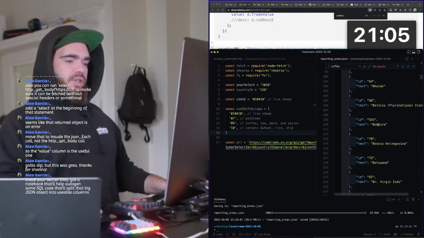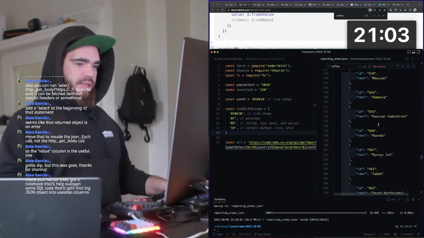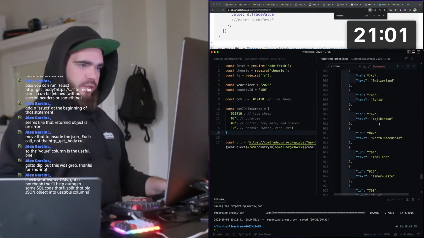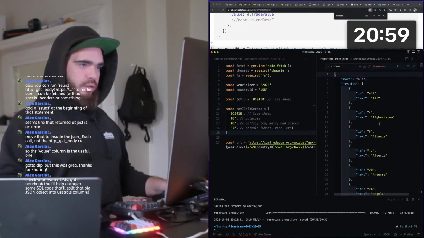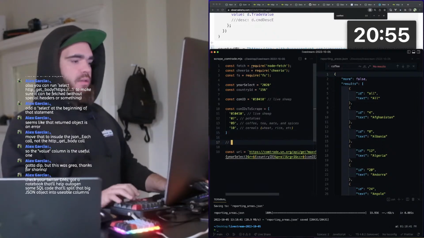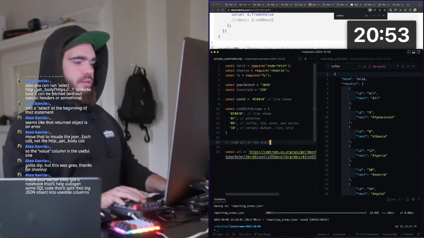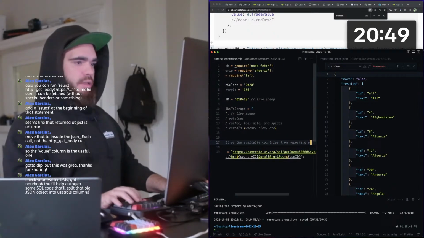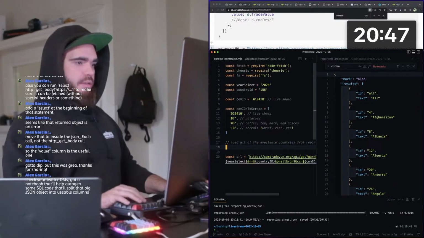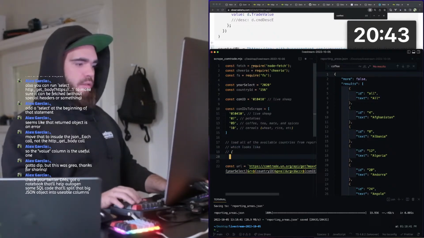All right, so these are our country codes and our country names, which is sweet. So we should just load all of the available countries from reportAreas.json, which looks like